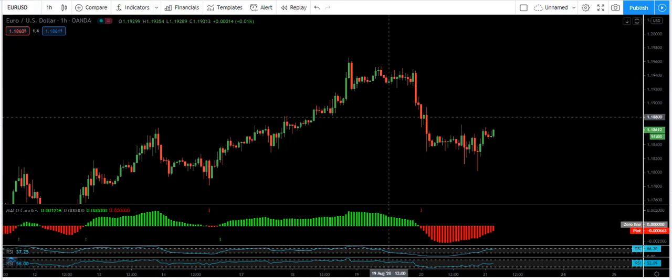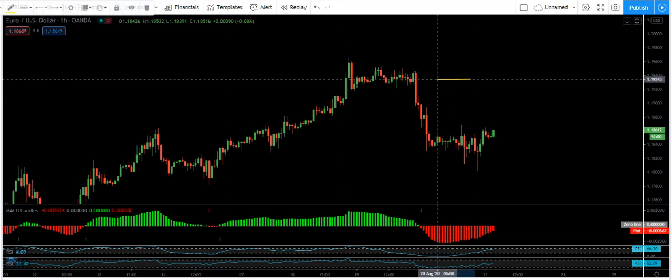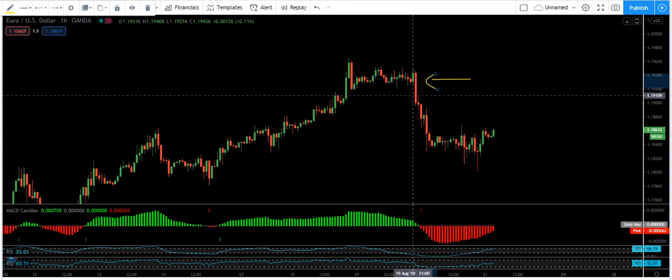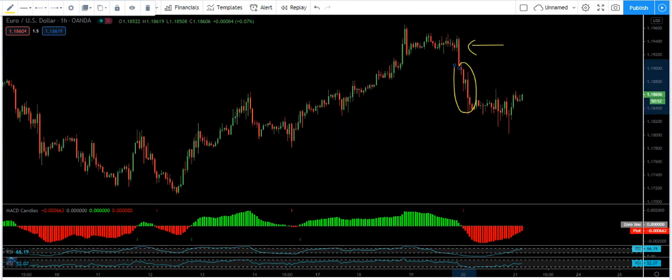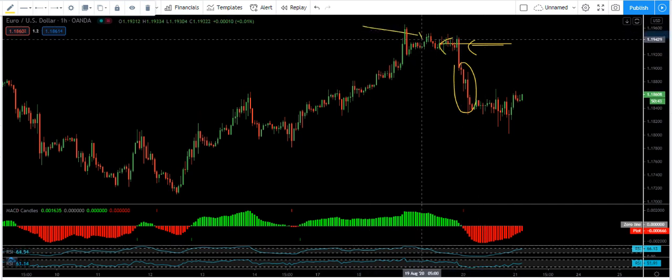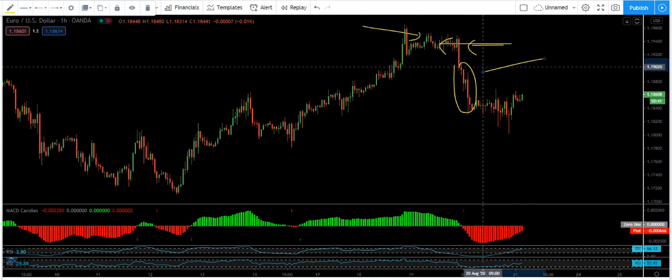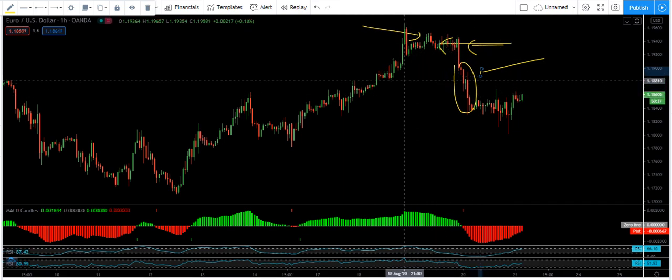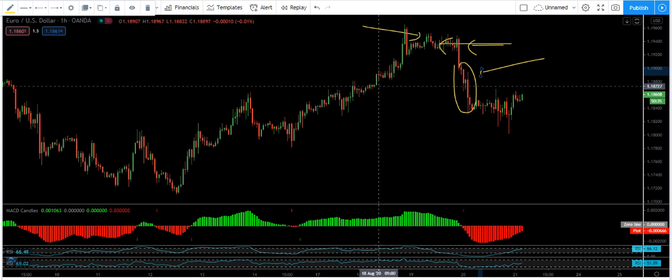All right, whether I get this move down or not depends on the strategy anyone is using. It doesn't mean we can get this trade, but if I was in a buy trade from here or anywhere, I know I should protect my trade. Or second, I shouldn't buy from here even if I don't get the sell setup. This is how we should protect our account or protect our trades. All right,